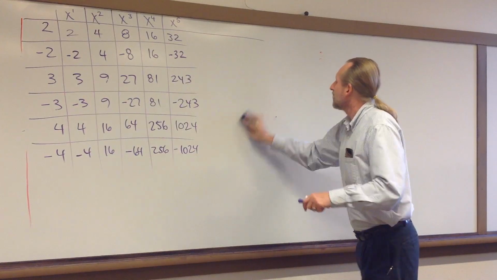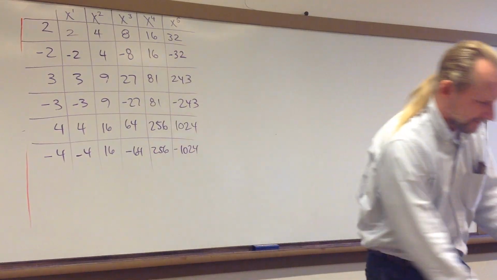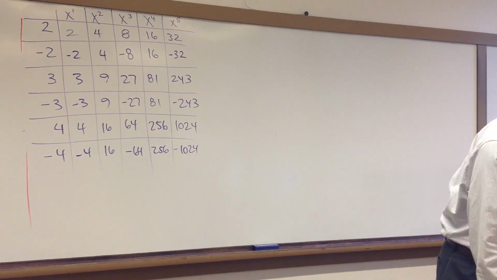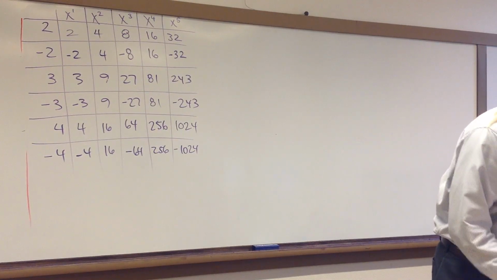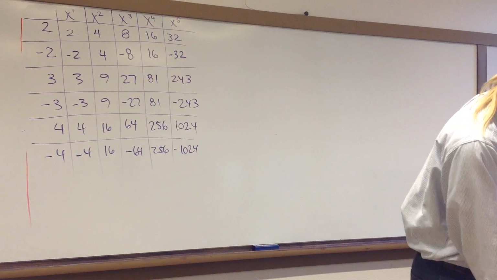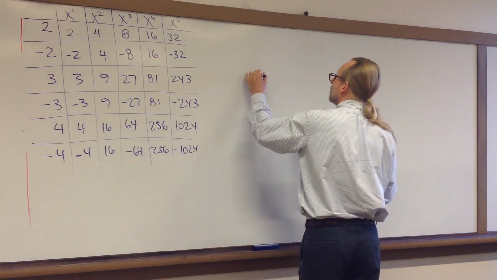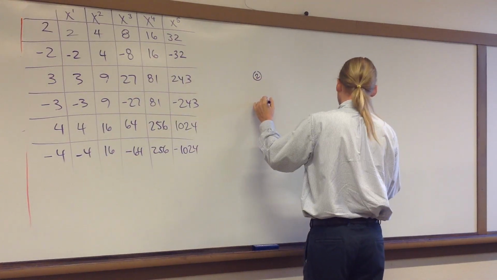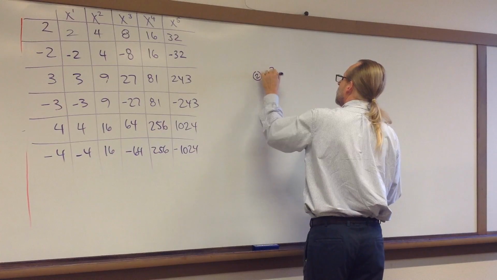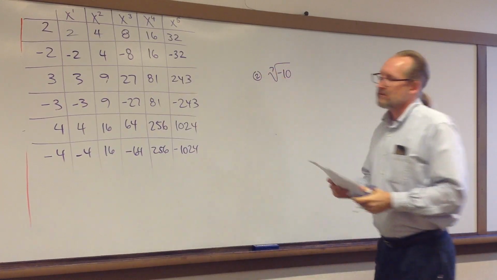So let's look at some problems on the assignment. In this next set of problems, all we're asking for is to find these roots. Now, problem 2, we kind of go off track right away. The 7th root of negative 10. Well, clearly,